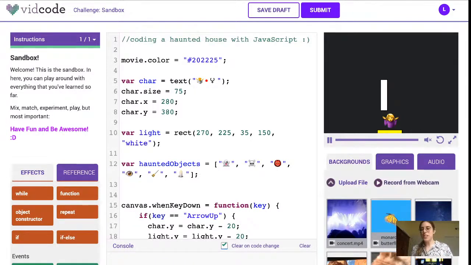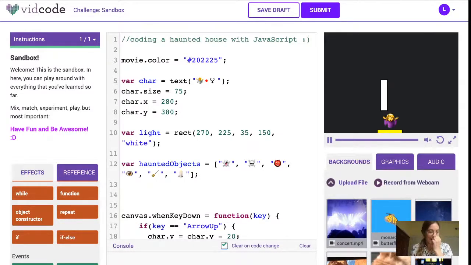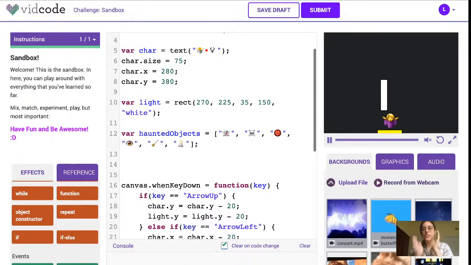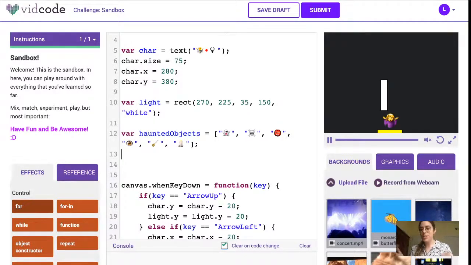Okay, so now I have all of these haunted objects. So all I want to do is make it so that they randomly place themselves because I don't have time to do it when this project loads. So it doesn't have to be in a repeat loop. It's only going to be once. So instead of a repeat loop, I need a different kind of loop, like a for loop or a while loop. Just a loop that's going to go through as many times as I tell it to and place elements on the screen. A for loop is the easiest one and it doesn't break. A while loop can have an infinite